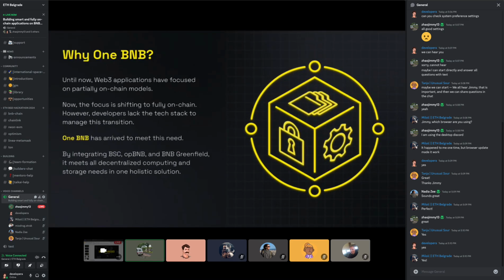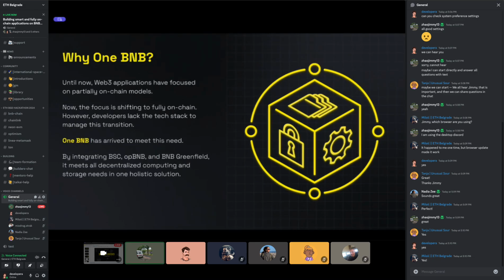First, I'd like to introduce why we want to build a new paradigm. We call it One BNB, which streamlines the whole developer experience and abstracts away the complexities for Web3 developers. Web3 applications right now are basically partially on-chain models.